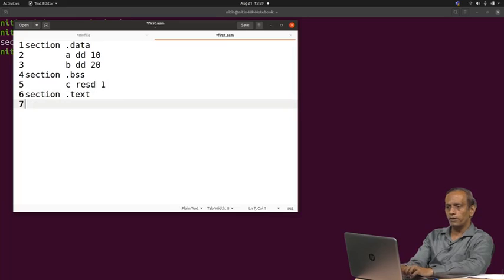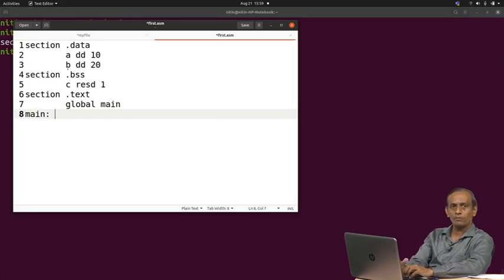So, section .text, always you are going to include global main, because we will be writing our program and we will communicate to the linker that our program would be starting with main. I will write simply an instruction over here which is not doing anything. Fine. So, let us save this code and go back.